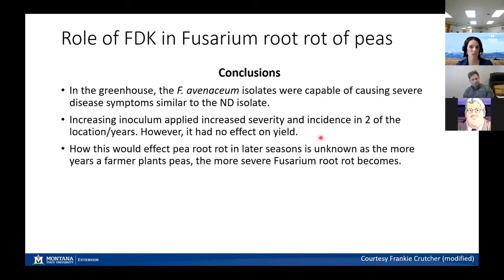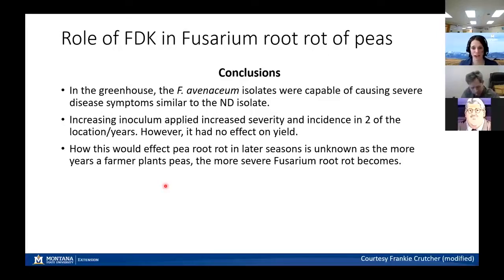But she did not observe, which I didn't show here, an effect on yield. And this might also be because she observed these root rot severities at an early stage in plant development and then didn't follow up on what that might look like at later points of plant development. And so although there is no effect on yield, or we don't know how this pea root rot develops later in